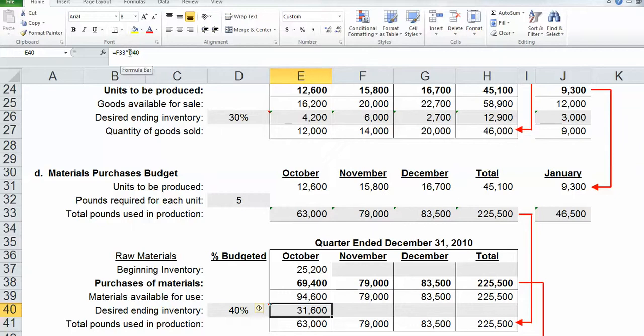And again, I can do the same thing I did before. If I come up here and I click on that, I can also hit the F4 button. It's not working on my Mac. So I'll just put a $ in front of the D, a $ in front of the 40. And then I can copy this, grab that corner again, copy it across. And that'll tell me for November I need 33,400 in my ending inventory, 90,200 desired for December, and then these